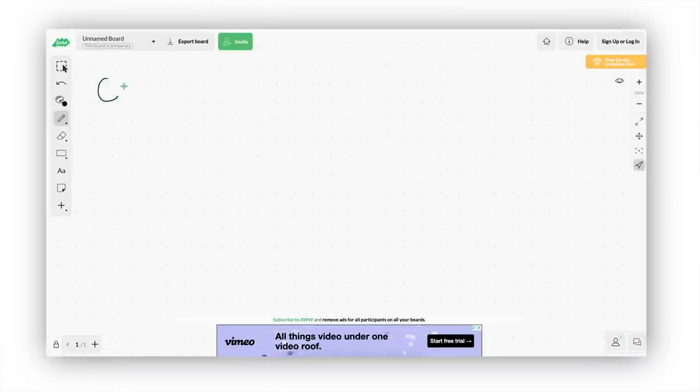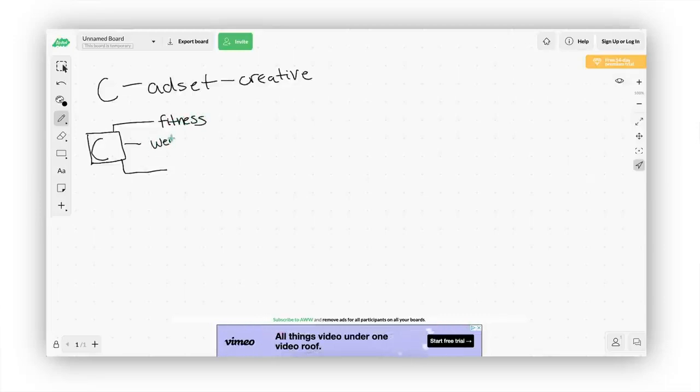We have campaign, we have ad set, and then we have creatives. So these are the images or illustrations. From the campaign, for simplicity purposes, we create 3 ad sets. And each ad set has different targeting. So it can be fitness, it can be weight loss, and then it can be Weight Watchers, right? So from these particular interests that we're targeting, we're going to run 3 creatives